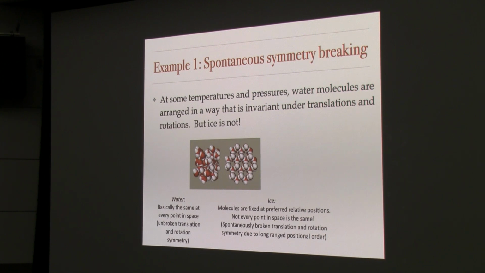Clearly that's not the case for ice. We have this regular structure, and so it's not invariant under rotations. And also if I translate by some small amount, that's not a lattice constant, you don't get back to the same place. And as somebody once put it to me, if you're a pragmatic person and your goal is to understand the kinds of things that nature gives you, then this is really where you stop, because 99.9% of the systems that we encounter in nature have this underlying them.